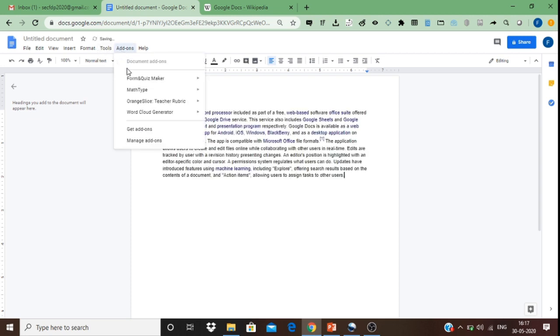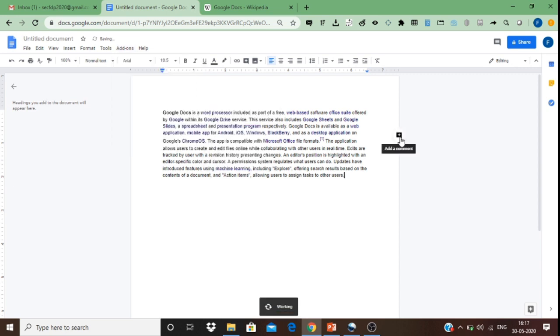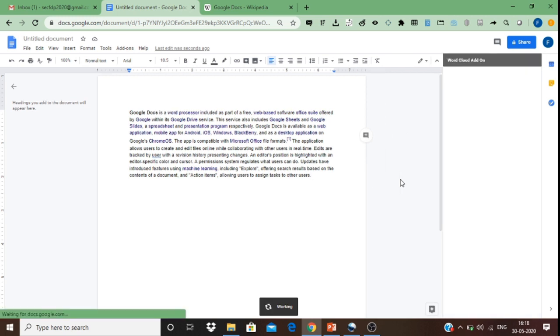Now I go to add-ons, I click on word cloud generator. Let us try the modern version. The word cloud sidebar will open. Yes, we can see that the add-on has opened as a sidebar here.